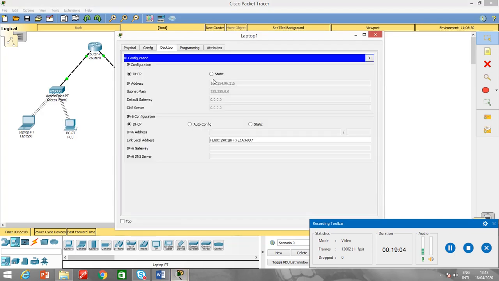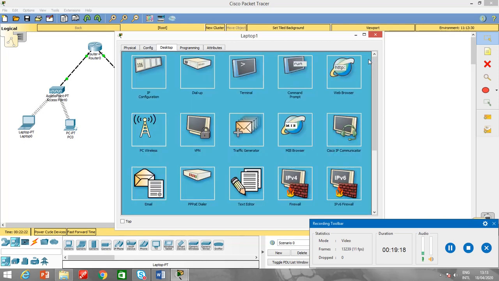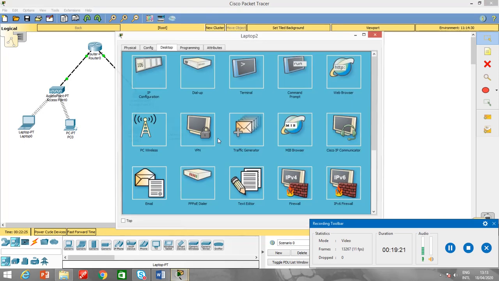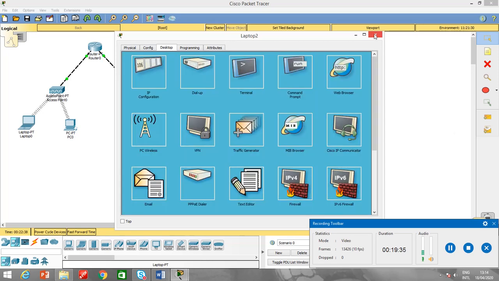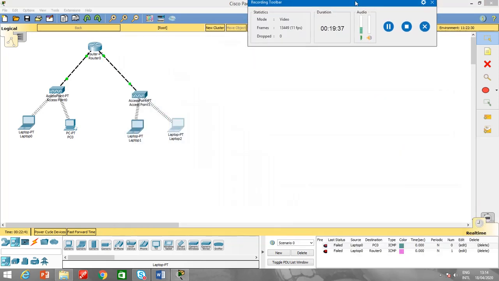I will change their IP static 192.168.2.2, default gateway 192.168.2.1. So same thing I'll do here. IP configuration static 192.168.2.3 and 192.168.2.1. So it's done. Now let's check the connectivity.